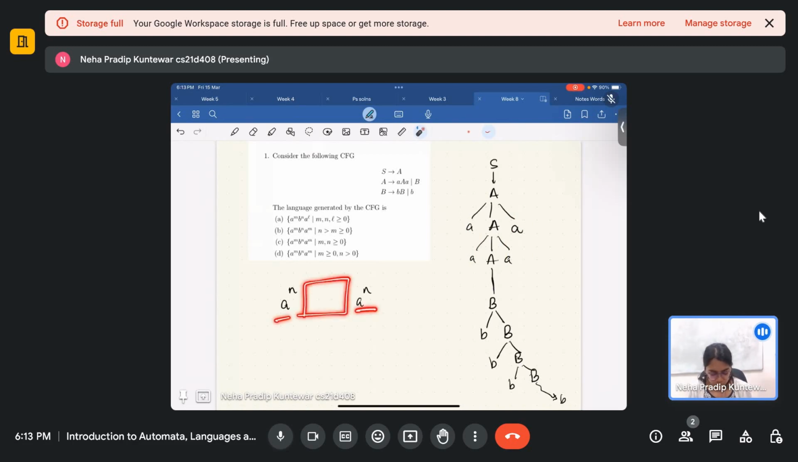But in the middle you could have a bunch of B's. So that is what it looks like. In between you can have a bunch of B's. The only thing is we need to tell how many N's and how many M's can be there. So in this case, it is possible to